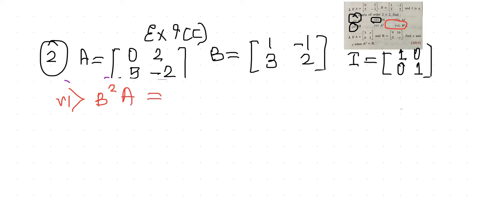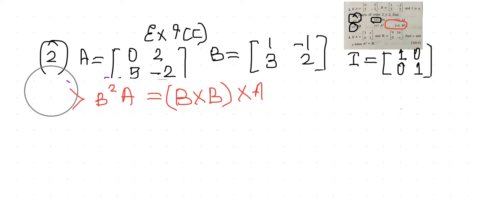First, children, you will be finding b into b. Once you find b into b, you multiply that matrix with a, and then you get the answer. Basically there are two multiplications in this question, and you won't perform both simultaneously. First you perform b square, and then you multiply that by a. This is the way this sum has to be done. It was an easy one.